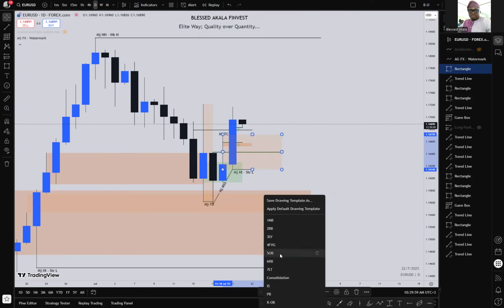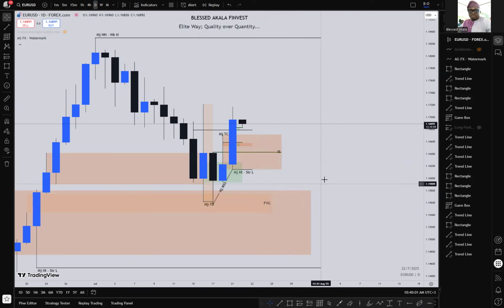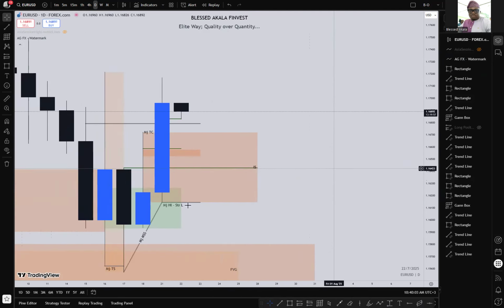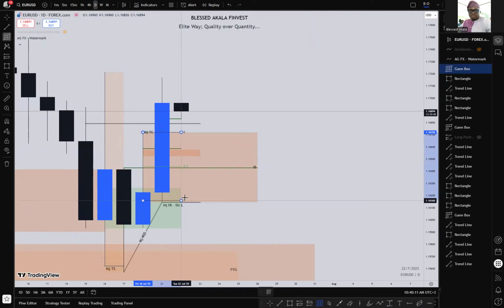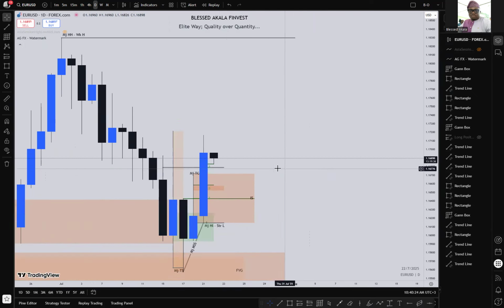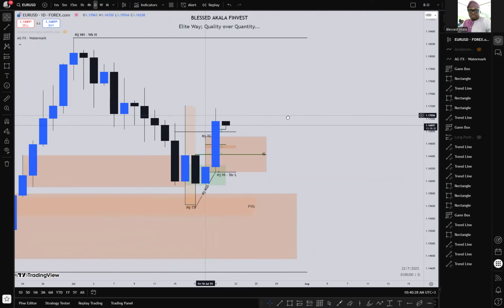So it lies perfectly with the OB that we would have been anticipating in the market. So if we check it with the 50% of the internal structure, it lies perfectly with the high. So if the market did not touch it before going up,